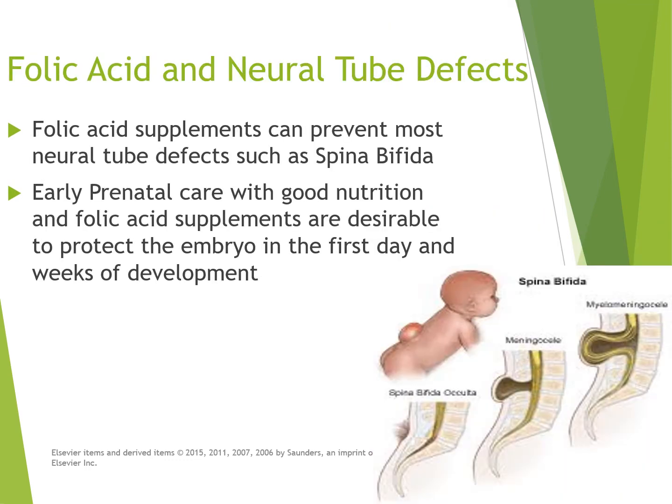Okay. Folic acid and neural tube defects. Man, was that a great discovery when we figured that out. So folic acid supplements can prevent most neural tube defects such as spina bifida, which is super cool because we used to see a lot more spina bifidas, and those babies used to be crippled, and bowel and bladder dysfunction. So early prenatal care, as you can see, again, here's another reason for early prenatal care. With good nutrition and folic acid supplements are desirable to protect this embryo in the first days and weeks of